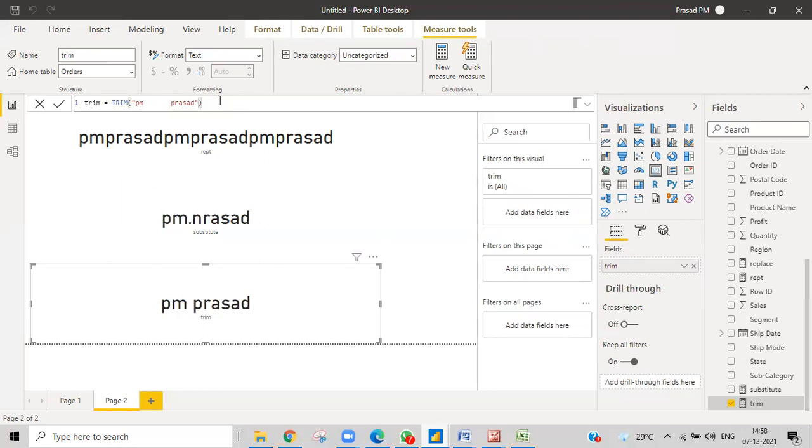I'll show you how it looks earlier. If you don't give trim, it shows like this. And then if you trim that, okay, I am wrong with the function. Finish that one. That's it.